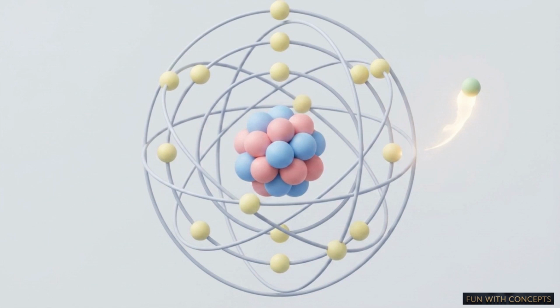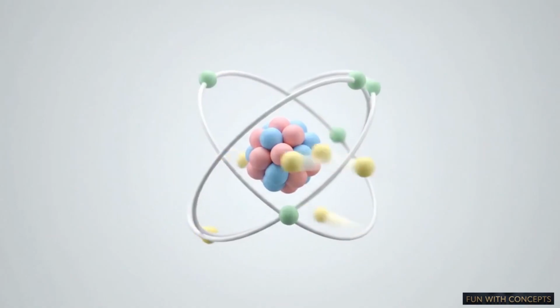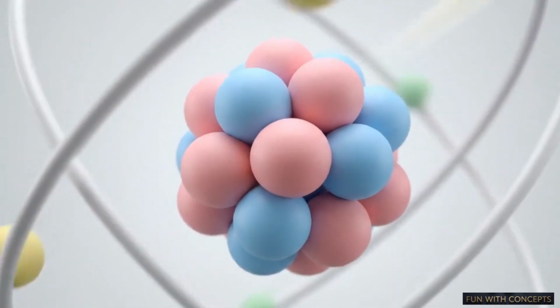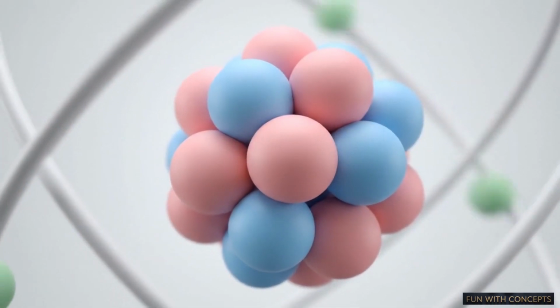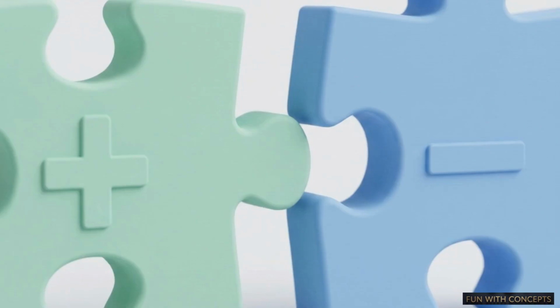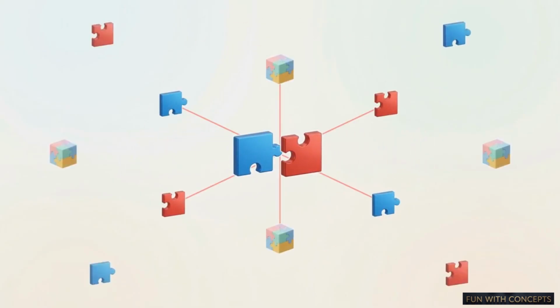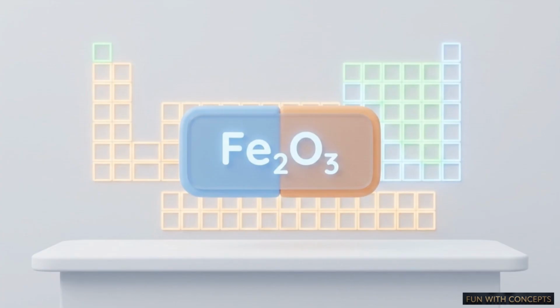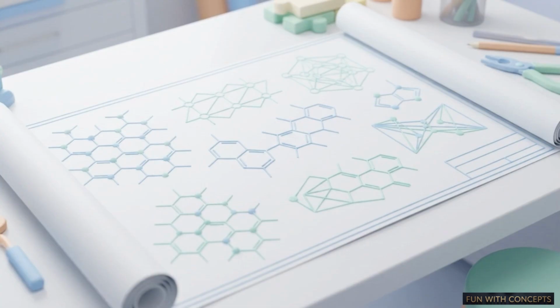In Part 1, we analyzed the internal structure of the atom. We looked at the protons, neutrons, and electrons, and saw how atoms gain or lose charges to become ions and radicals. Now we need to address the next mechanical challenge. How do these individual charged components bind together to form every compound in existence? Mastering the rules of chemical formulas and the architecture of the periodic table provides the framework for understanding how all